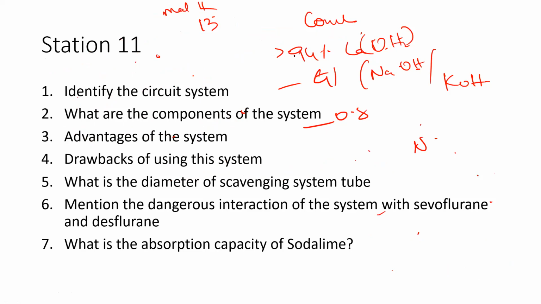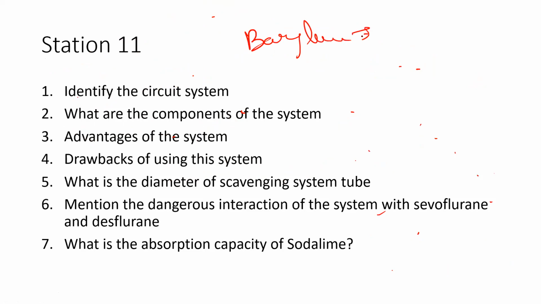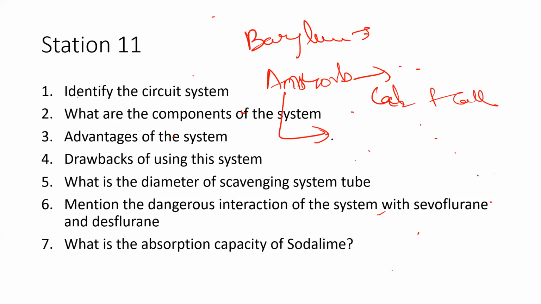Okay, there are some chemical reactions which happen which I don't want to touch. I hope they don't ask that in the exam. Apart from soda lime, what are the other contents present in the carbon dioxide absorber? Baralyme. Then there is Amsorb. What is Amsorb? It is calcium chloride plus calcium hydroxide. The advantage of Amsorb is that it doesn't produce compound A or carbon monoxide poisoning with sevoflurane and desflurane. That's the main advantage of using Amsorb, but it is very expensive.